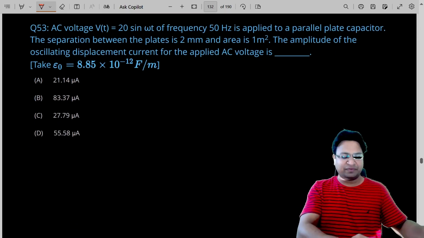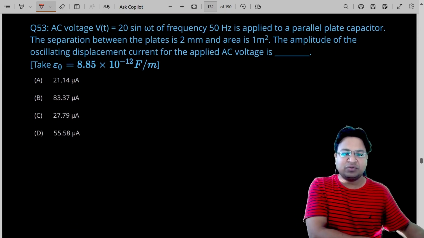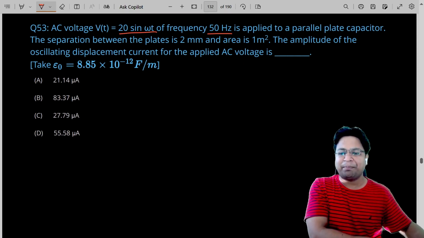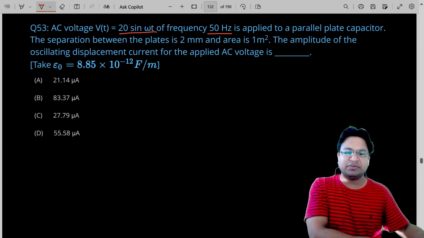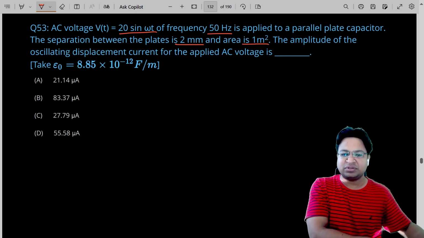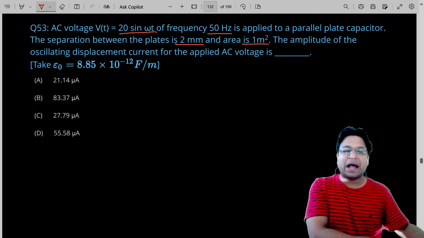Next, we go to question number 53. This says that AC voltage of 20 sine omega t of frequency 50 hertz is applied to a parallel plate capacitor. The separation between the plates is given and the area is given. So that will allow us to calculate the capacitance, the amplitude of the oscillating displacement current for the applied AC